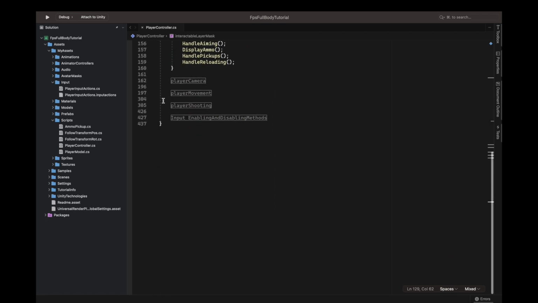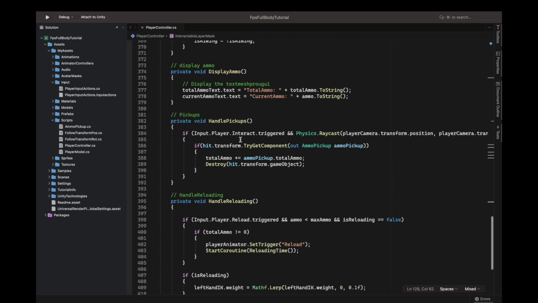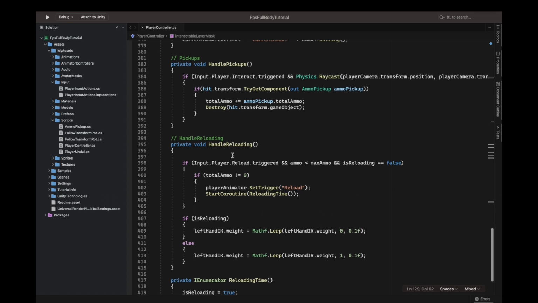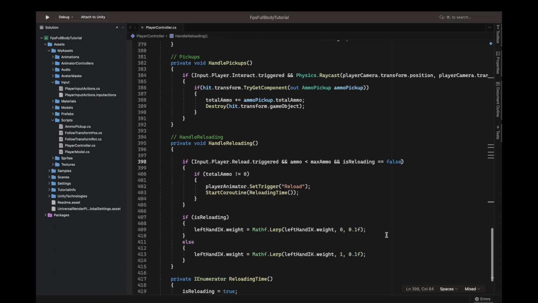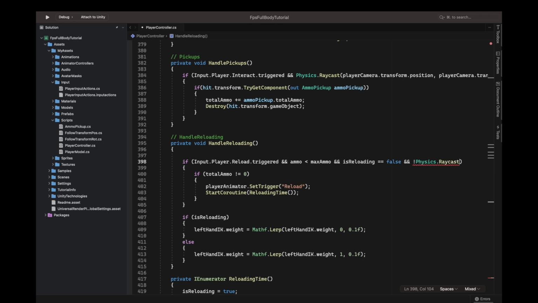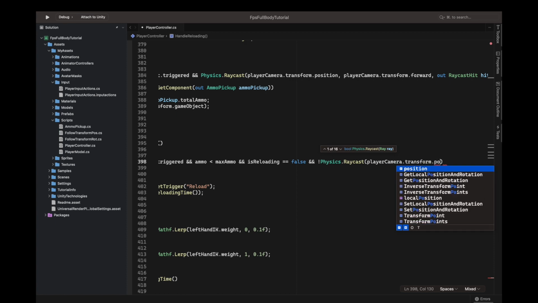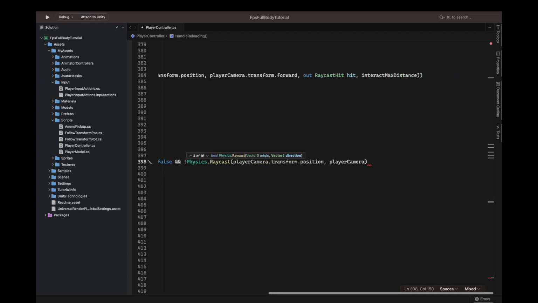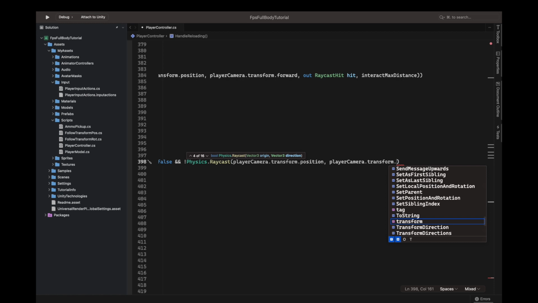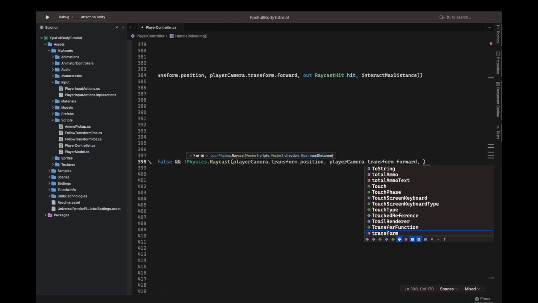You can close the region there. In the player shooting, we currently have a handle pickups. I think we should create a new region. First, I'm going to add a new line in this handle reloading function. Inside the if, after isReloading is false, we're going to check also if we're not Physics.Raycast from the player camera transform position, with the direction being the player camera transform forward,